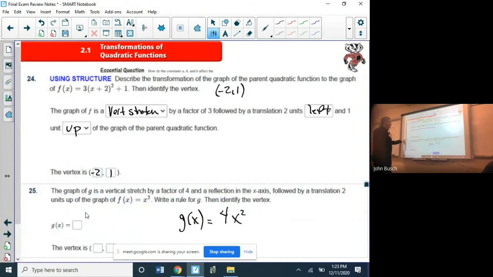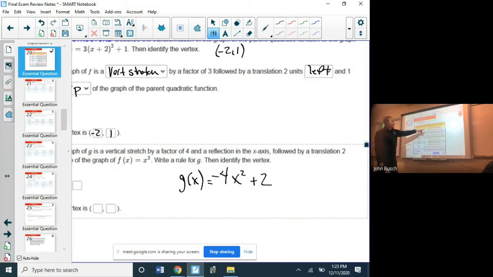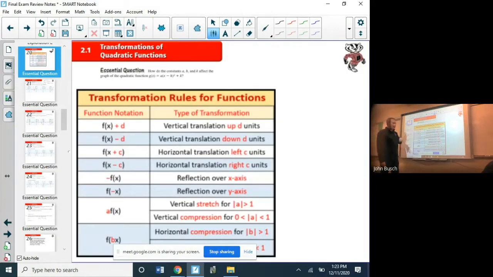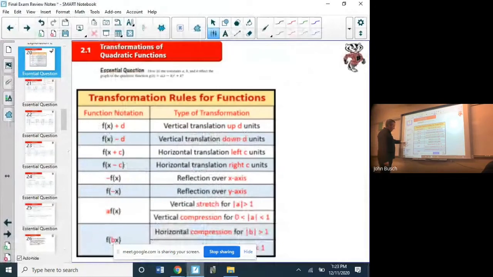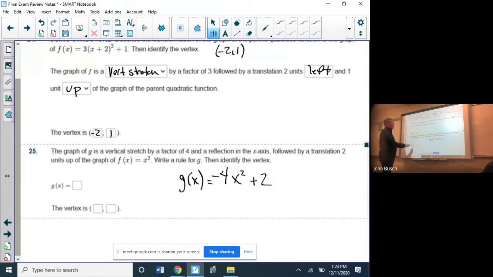Followed by a translation 2 units up. Remember, when it's 2 units up, you look for up, you just need to add 2 to the end, okay? So that, oh, geez, wrong thing. There we go. So let me see, the vertex of the new one, well, the vertex, remember, is opposite sign, same sign. So the same sign is 2, and the number subtracted from x is 0. Since there aren't any parentheses,